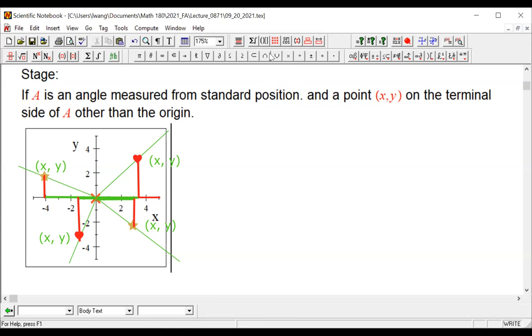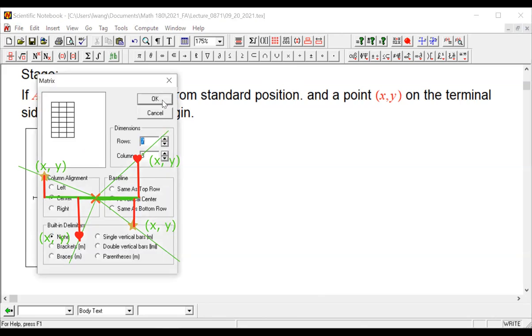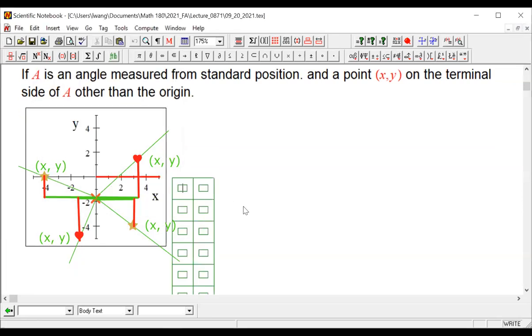Yes. Okay. So next, let's look at the definition. Oh, wait. Okay. So I'm going to put this table here. I hope it's not a mess. So I'm just going to clean this up. Now,